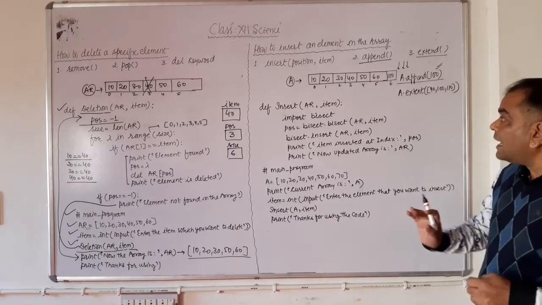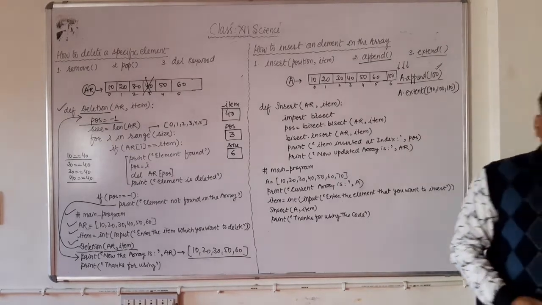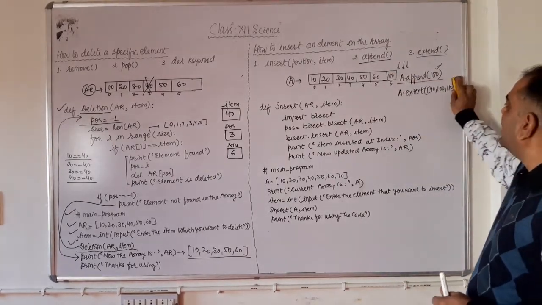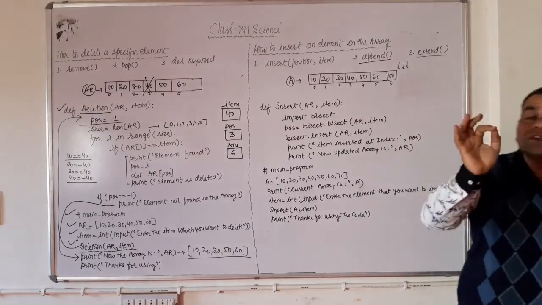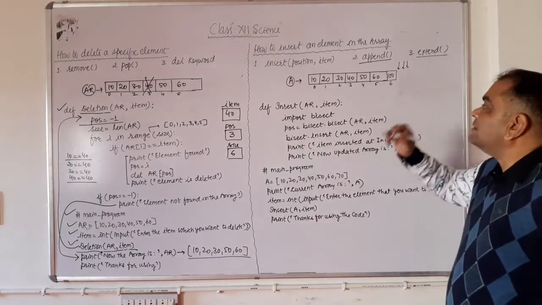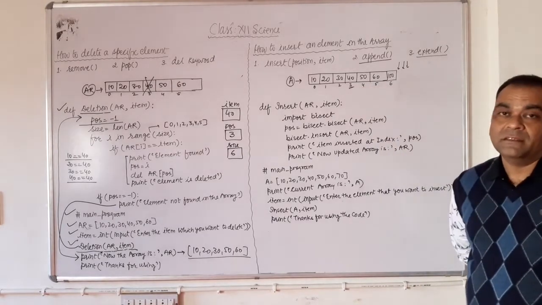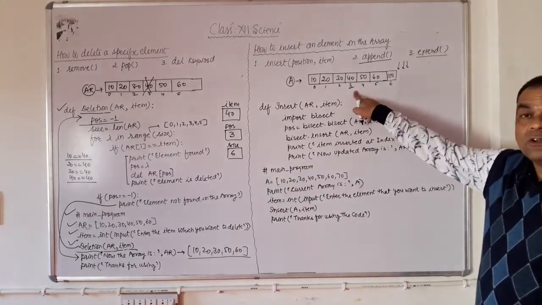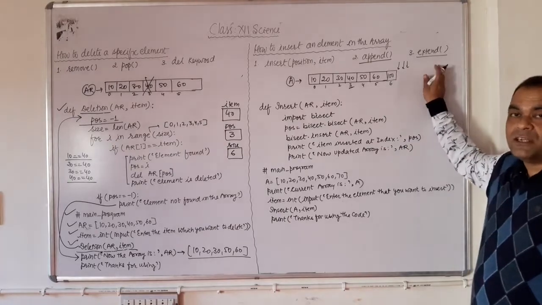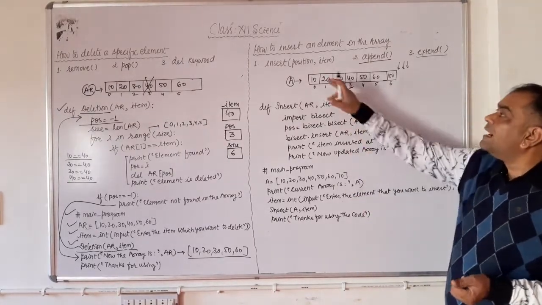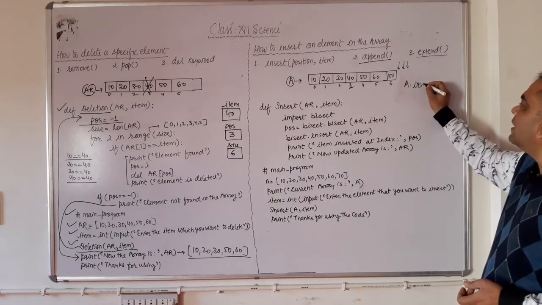Very simple. Right? Now these two functions work at the last position of the array. They are going to insert the element from the back side of your array. Now what will happen if you want to insert the element at a specific position? Suppose I want to insert 45 in the array at this specific position, position number 3. Right? And here I want to insert 45. Right? Now, append and extend functions insert the element at the back, we know it. For that, we can use insert function.